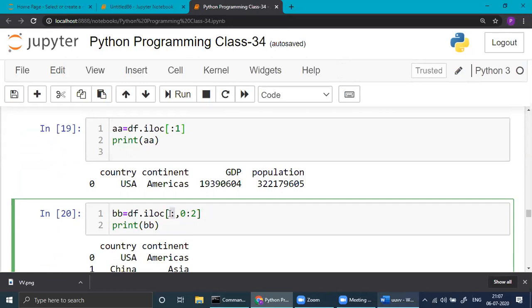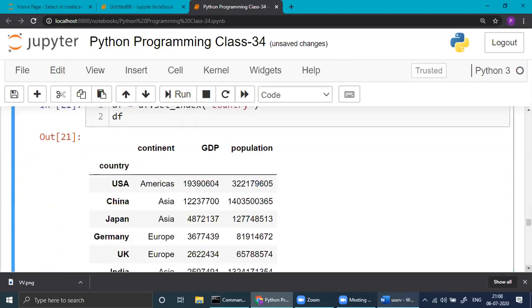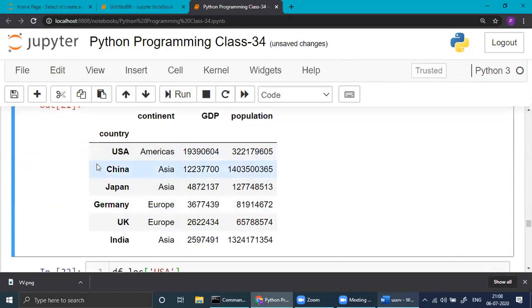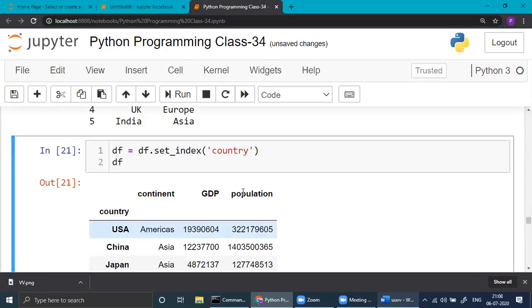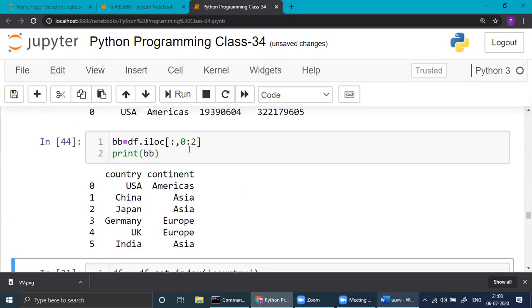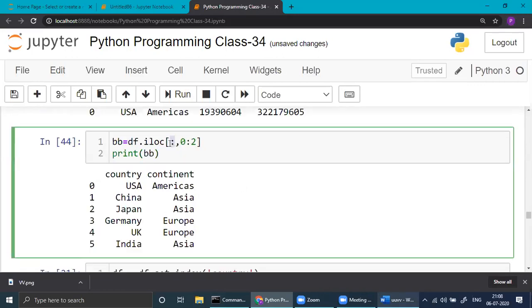This means what? All rows. See, all rows, comma, here 0 and 1 column. Okay, run this. You got all rows, but only 3 columns: 0, 1, 2. Oh, sorry. Here, all rows, and columns 0 and 1. That way. If I write here